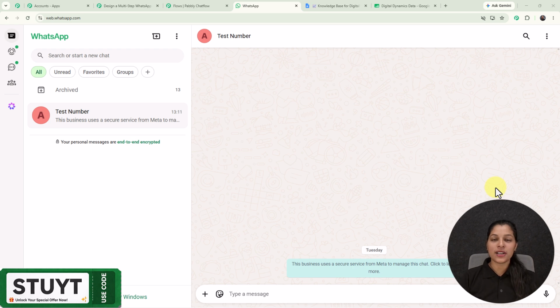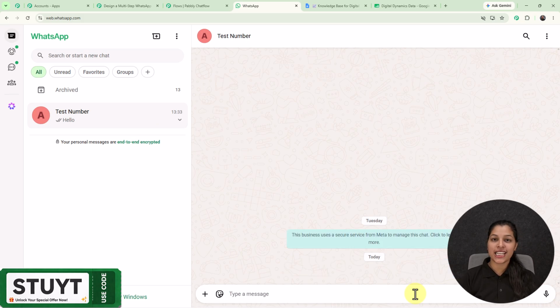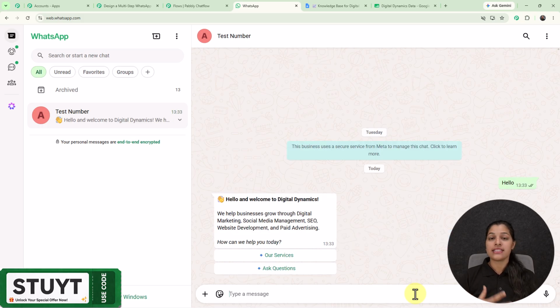Let's see the working of this multi-step WhatsApp chatbot. So here I am going to enter this message that is hello. And this message is going to initiate my amazing WhatsApp chatbot, which is going to perform multiple tasks, whether it's saving the data to the Google Sheet, answering the customer queries, or helping them to know about the services or book the services. So right here I'm getting this welcome message with two buttons, that is our services and ask